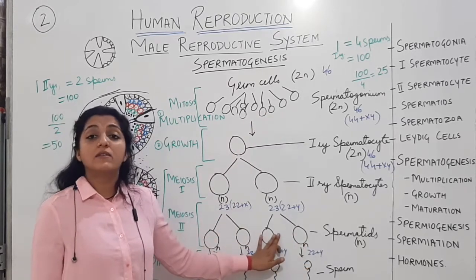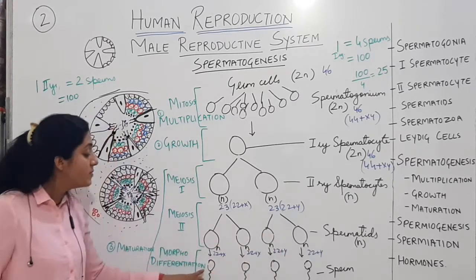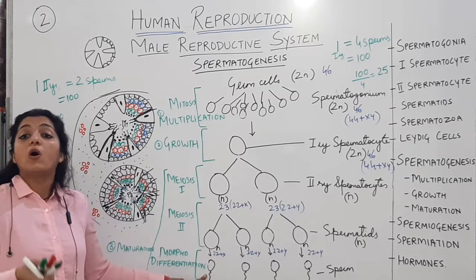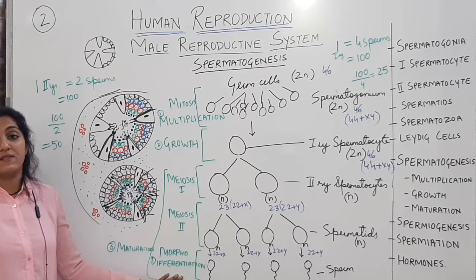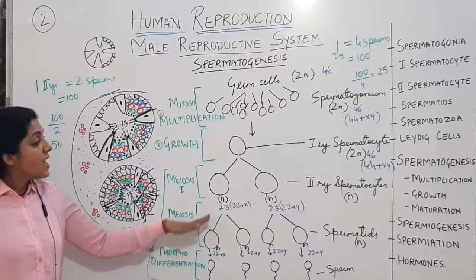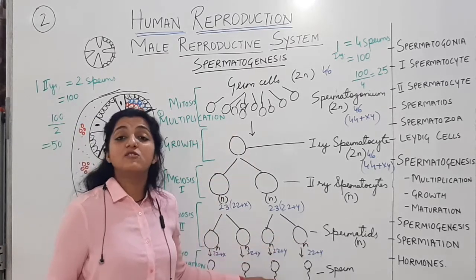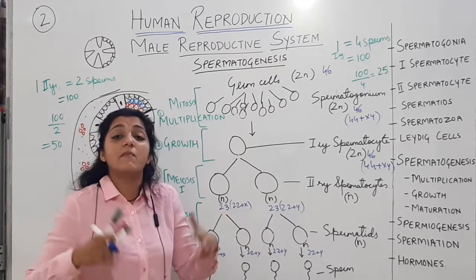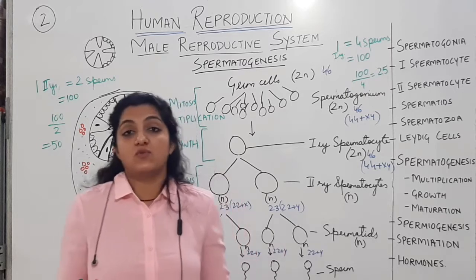These spermatids undergo morphodifferentiation. इनका shape और size change होता है and they form the male gamete, which is the sperm or the spermatozoa. This phase is called the morphodifferentiation phase. So एक spermatogonium से अगर 4 spermatids मिल रहे हैं, that means 4 sperms, 4 spermatozoa मिल रहे हैं. All these will be the words in your MCQ.